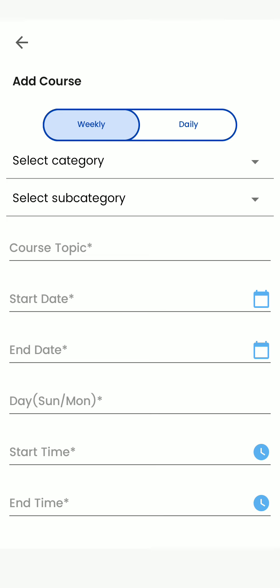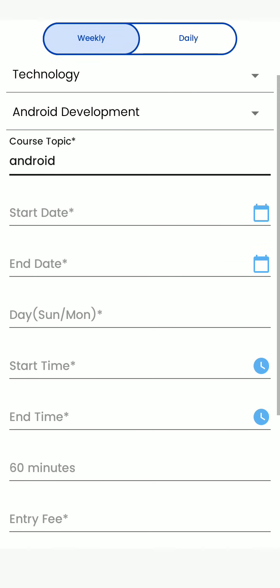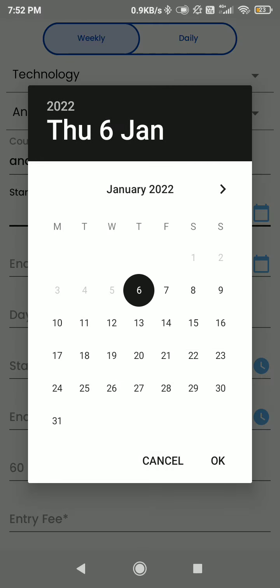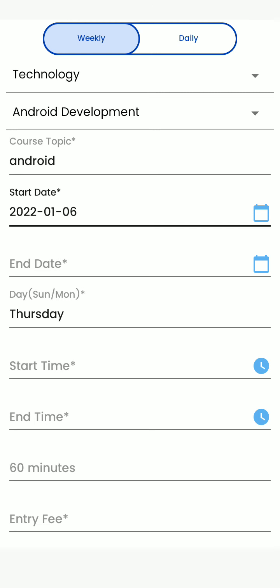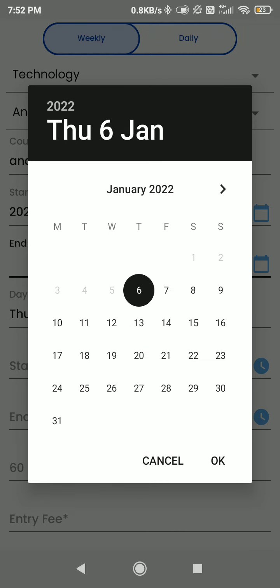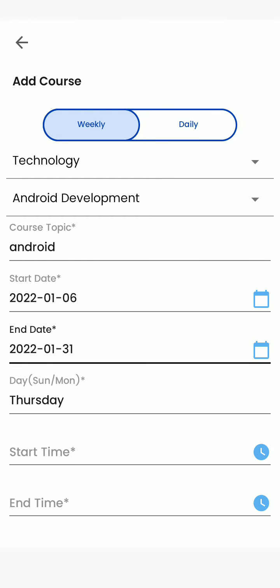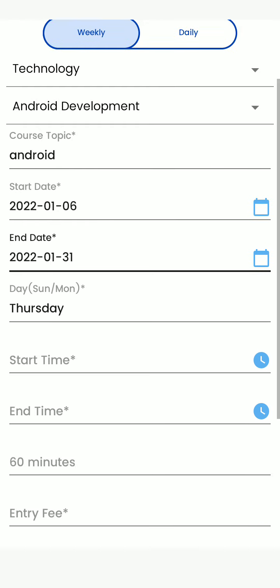Now start: select category, select subcategory, topic name Android. I am doing this for a demo, don't think much about it if I am writing something wrong. The 6th is the start date. Now select the end date, when your course will end. Even if it is weekly or daily, you select when your course will end, because it is a course, so your course will run from 6th Jan to 31st Jan,